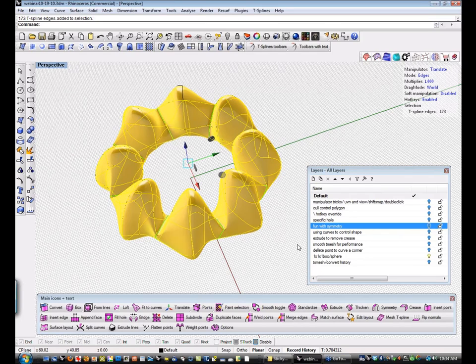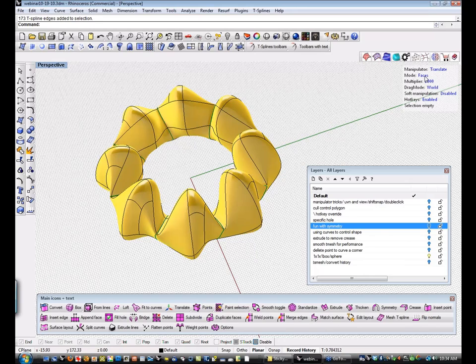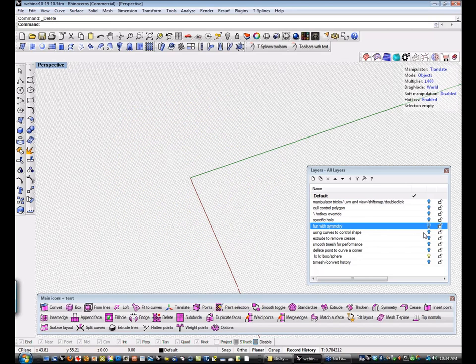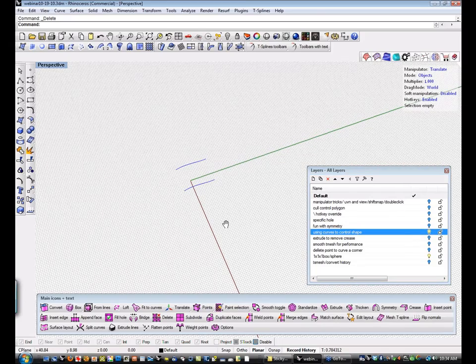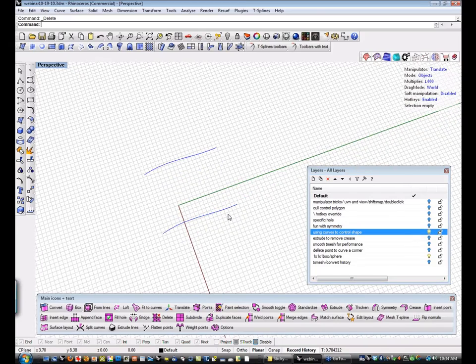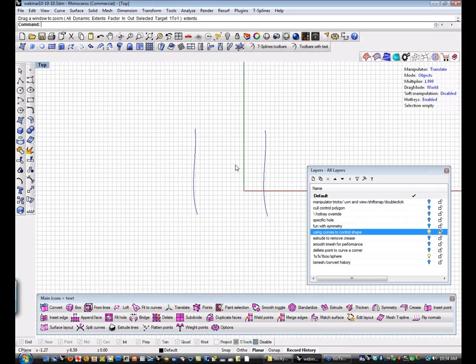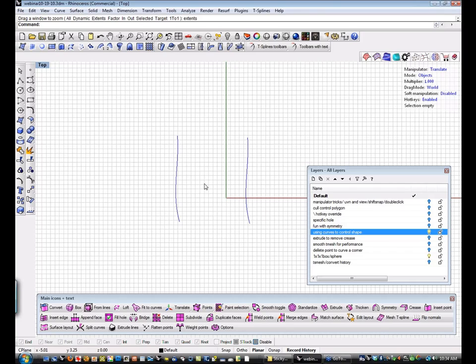The next thing we're going to talk about is using curves to control shapes. And I get a lot of questions when I'm doing training about, okay, I see T Splines does all sorts of great stuff and it's super organic and it does all this, but I have to have something shaped. How do I make it specifically shaped? Well, in this case, and this is going to be a very simple example, but the application of it is